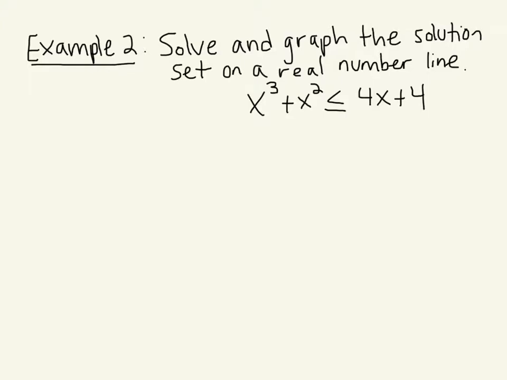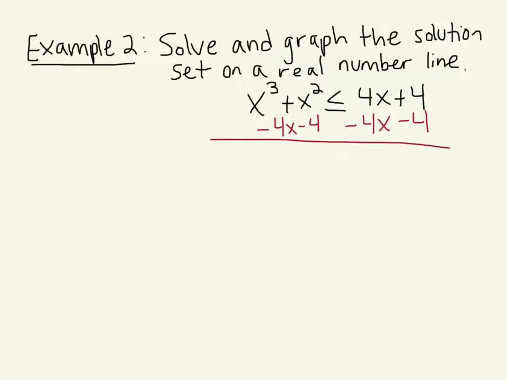Hey class, so this is example 2 of lesson 2.7, and we are asked to solve and graph the solution set on a real number line. We're given x cubed plus x squared is less than or equal to 4x plus 4. Just like in our first example, we want to get everything on one side so that it says less than or equal to 0. So I'm going to subtract 4x and 4 from both sides